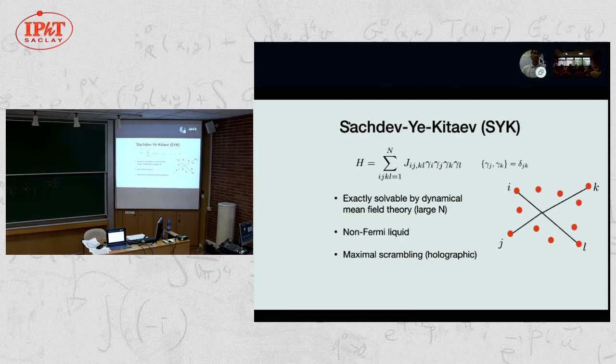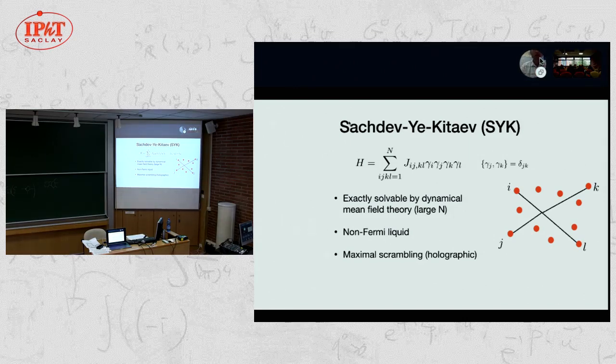As the title suggested, the talk will concern a new type of Sachdev-Ye-Kitaev model. So it will be nice to introduce the classic Sachdev-Ye-Kitaev model, which has attracted a lot of interest for a few years now. This model is a quantum mechanics model in 0 dimensions of a large number N of fermions. I've written Majorana fermions gamma_i, and they interact via an O(N) by O(N) interaction matrix, which is completely random and